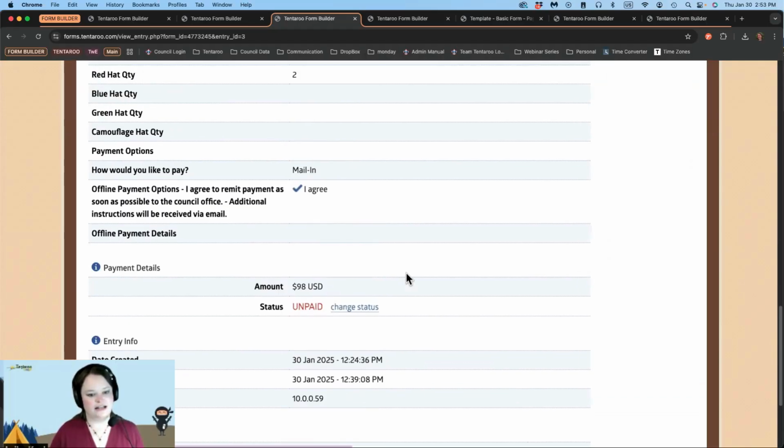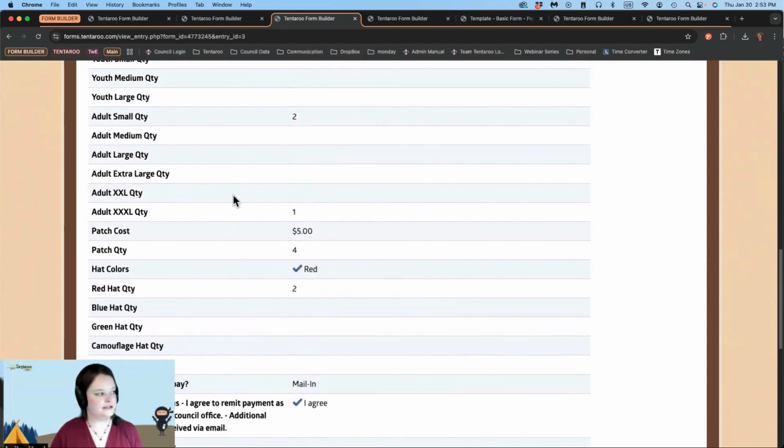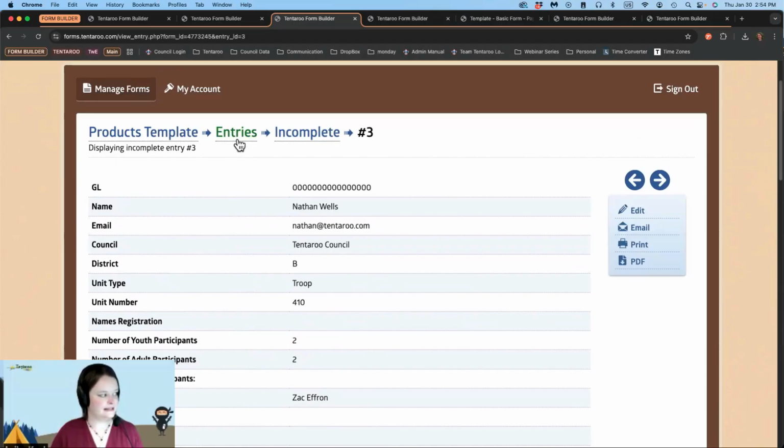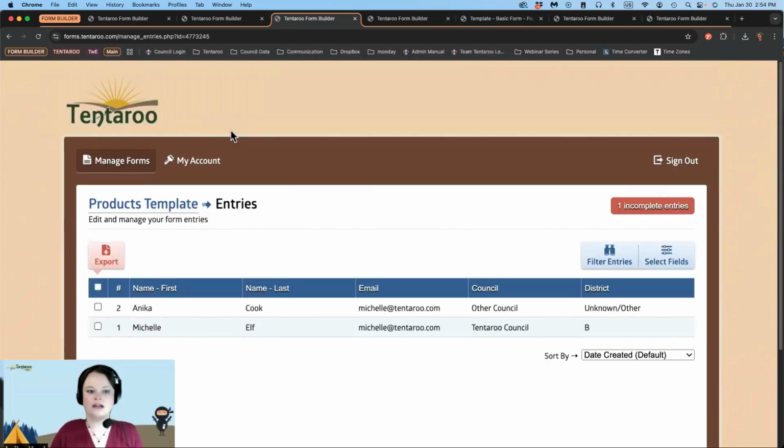So let's talk now about removing or hiding entries. In order to prevent accounting issues, we don't currently allow your entries to be deleted. Unlike with the events or facilities modules, deleting a form entry or registration in the form builder would also delete the corresponding payment. For this reason, deleting a form entry, particularly a paid entry, would cause issues with your accounting